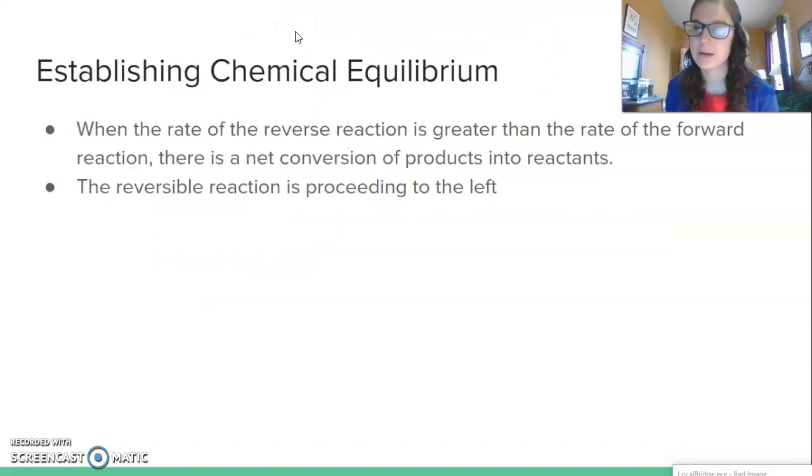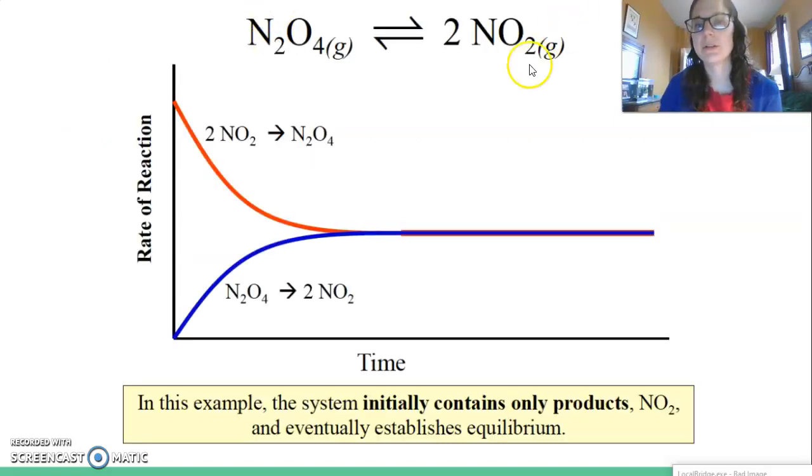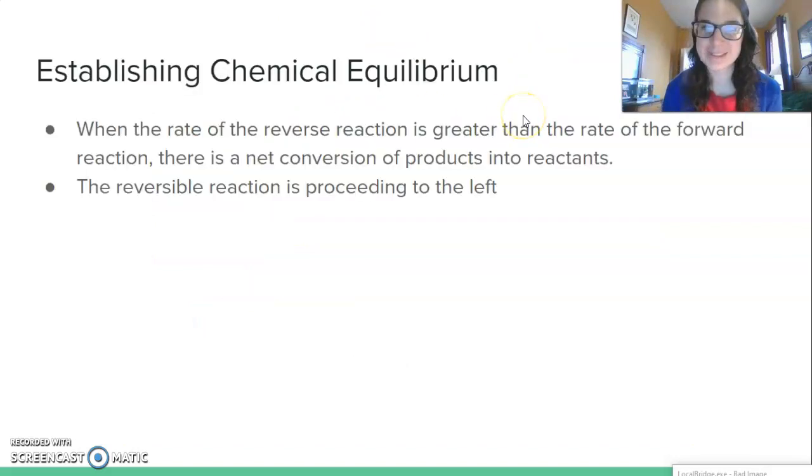So you will hear that kind of vocabulary, proceed to the left or proceed to the right. It's basically proceeding towards products that are listed or reactants. They say left or right because technically, again, we have two reactions going on, and it's all relative what you'd refer to as reactants and products. So with this double equation here, usually we do refer to this as the product. Just keep in mind, because of the reversible reaction, that it can also be the reactant, which is kind of